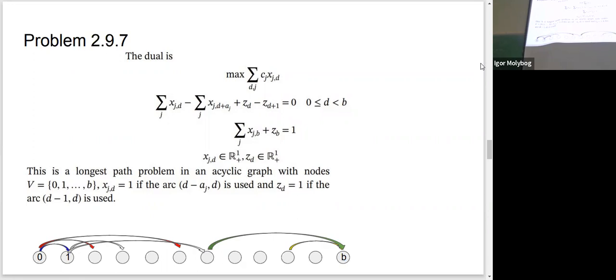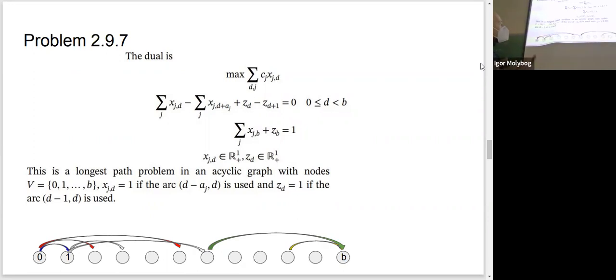We will talk in more detail about longest path, because this is one of the integer programming problems that can be solved to global optimality. However, in this particular formulation, it's not even an integer programming problem. So